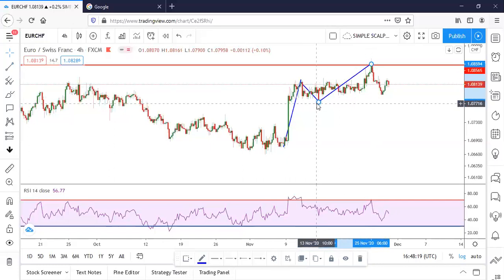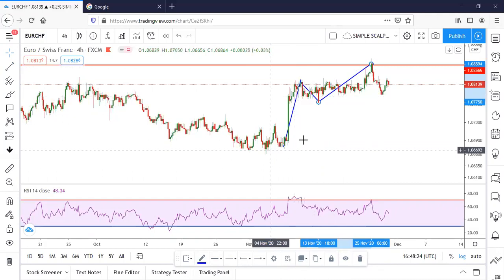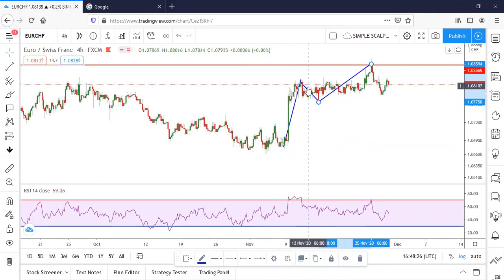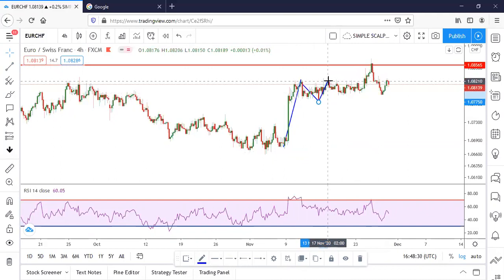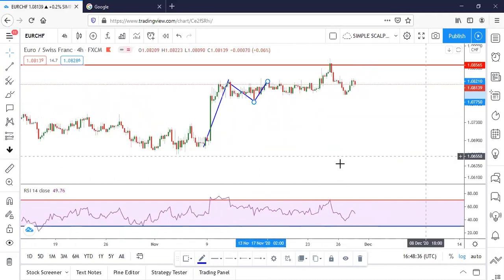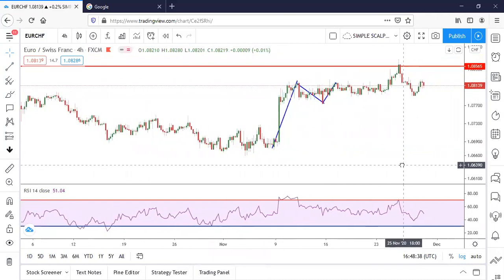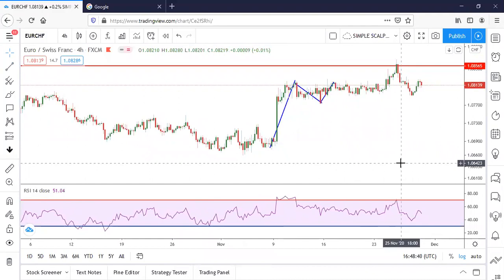So the moment you see this structure, a market coming up like this, you want to start looking at your price. There might be a fake out, but you want to be sure the market gets to your resistance before you think of